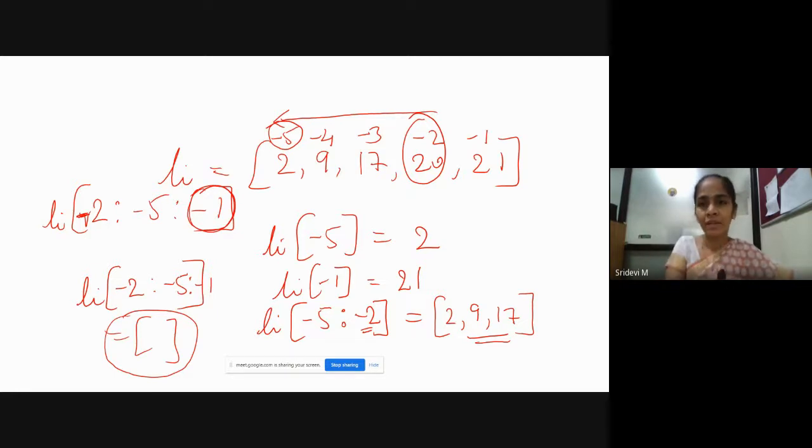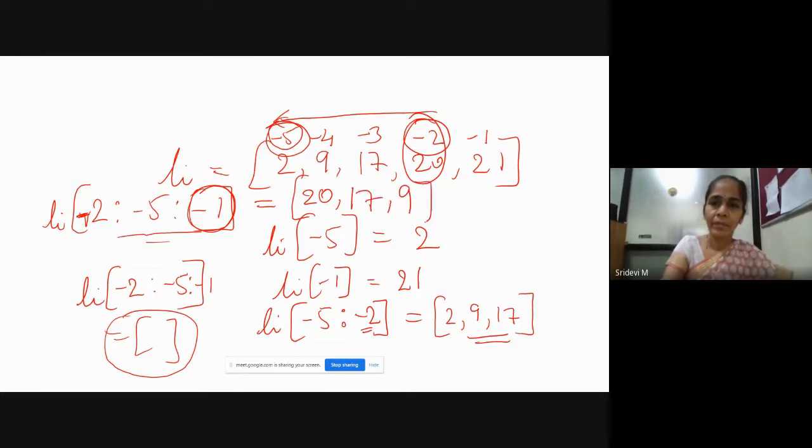So this guides the compiler to start with -2 and asks it to traverse the list elements in the reverse direction, right? So this will retrieve for us the values 20, 17, 9 and 2 will not be retrieved, right? This is how the list works.